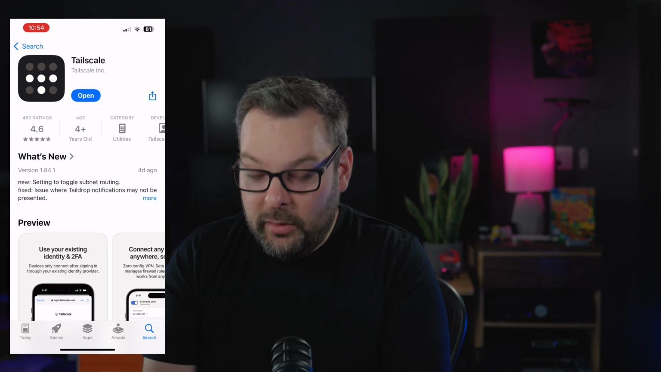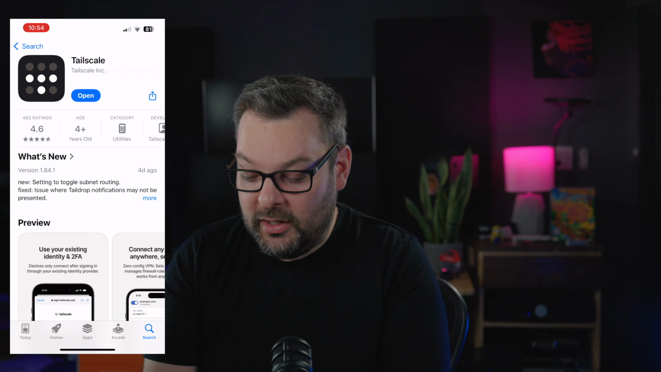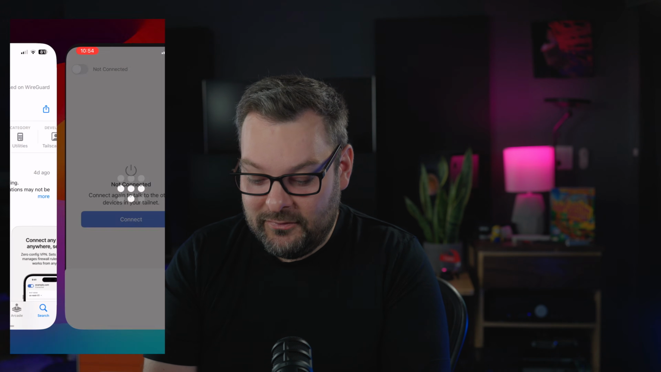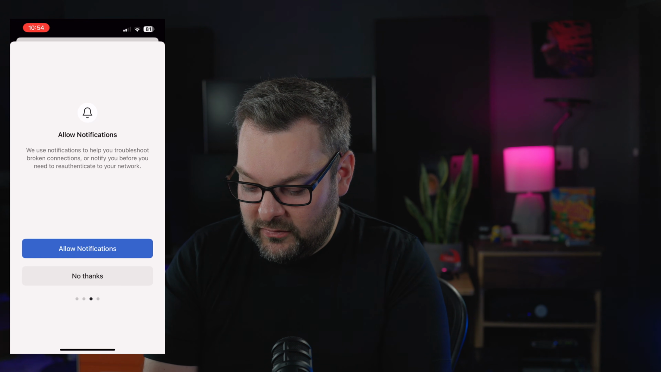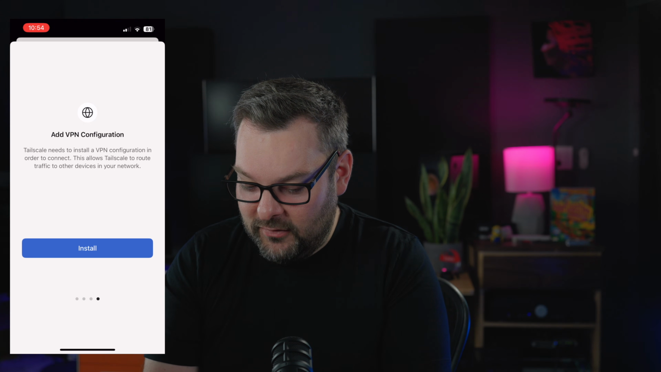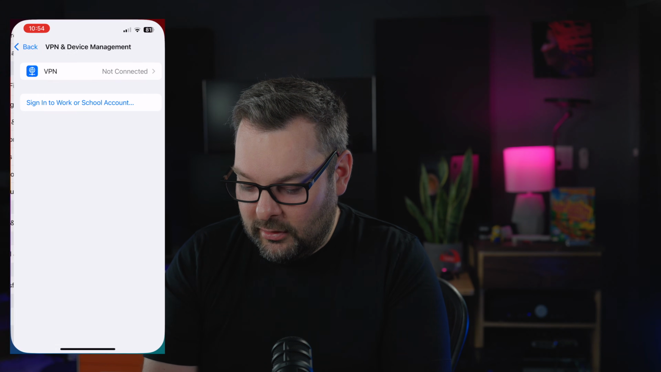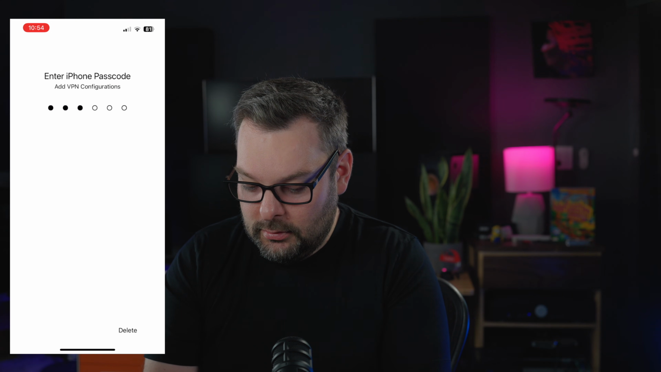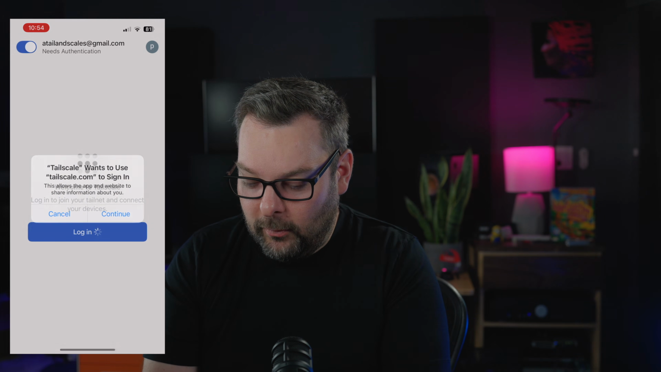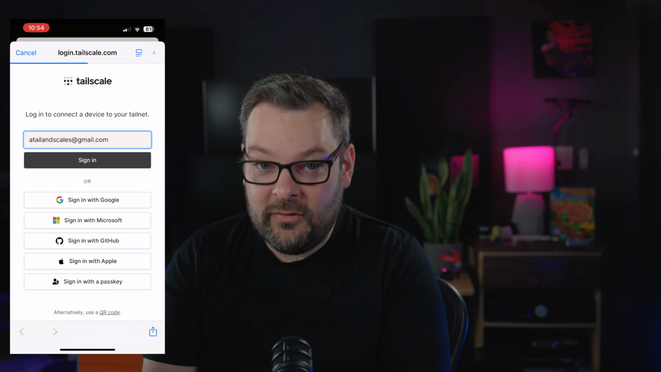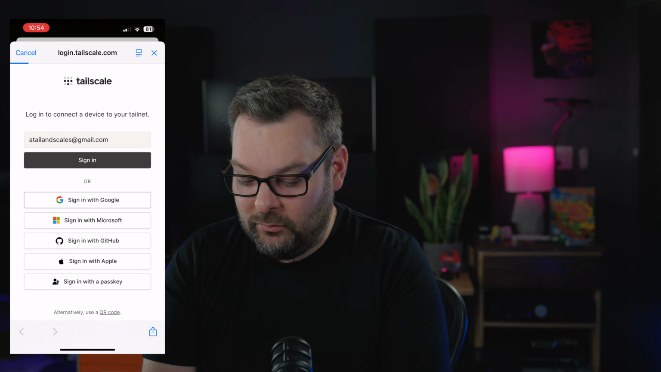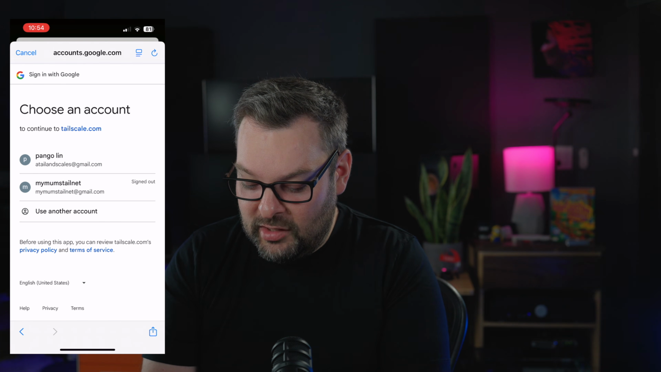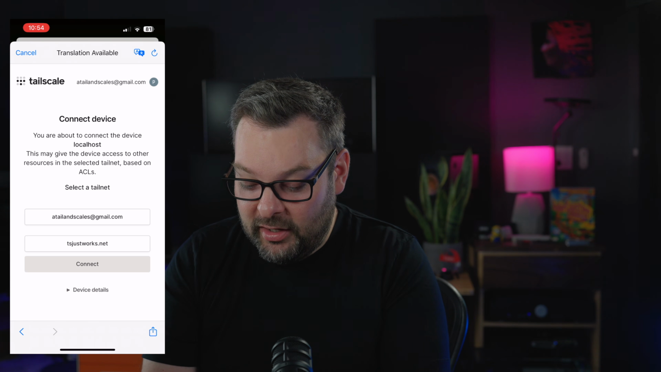So I'm going to go ahead and connect this device to my Tailnet in order that I can access these different services remotely. I'm going to go through and click all of the sort of entry wizard. I'm going to install the VPN configuration. Yes, it's going to ask me for my passcode. And then it wants to get logged in. Now, I'm going to use my Google account, the same account that I logged in with on my laptop. And I've just logged these two different services in as well, with tailandscales@gmail.com, and then connect this device to my